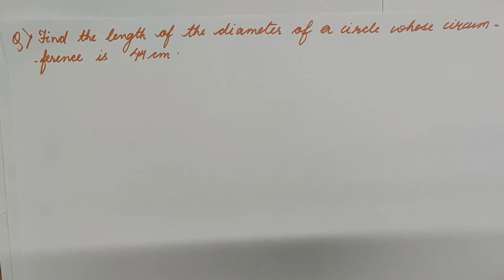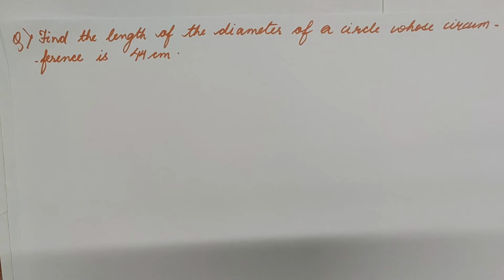Now let us begin with a very simple question, where it's asking the length of the diameter of a circle whose circumference is 44 centimeter. Children, I am not solving the direct questions because you can simply put the value of r and you know the value of pi and calculate either the circumference directly or the radius. But when there is a slight twist in the question, you may find it difficult. So I have taken up some questions which will help you get the concept more clear.